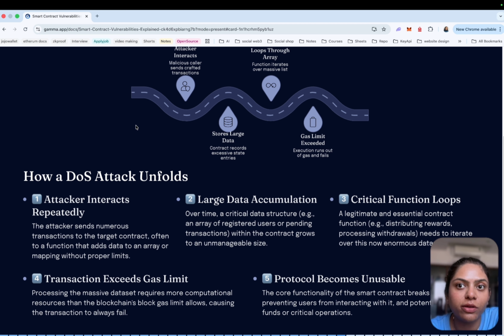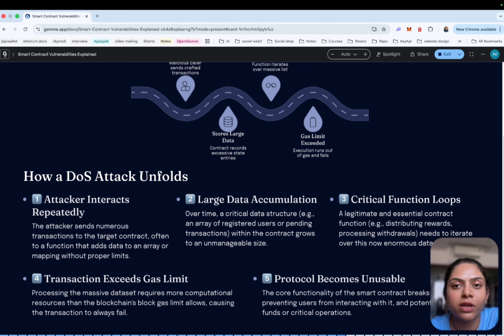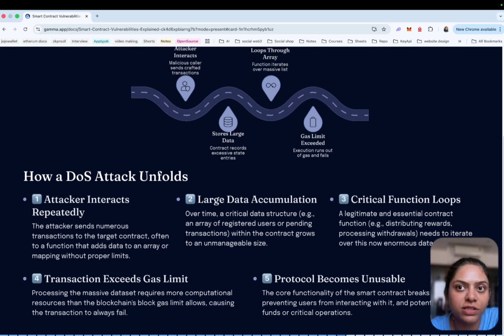Another type of DoS occurs when transactions depend on external code that might fail. If the receiver is a malicious contract, it could deliberately revert the transaction. That would cause the entire operation to fail. If these calls happen inside a loop of a critical function, the attacker could repeatedly block the protocol from executing its operations. So what are the typical DoS attack scenarios?